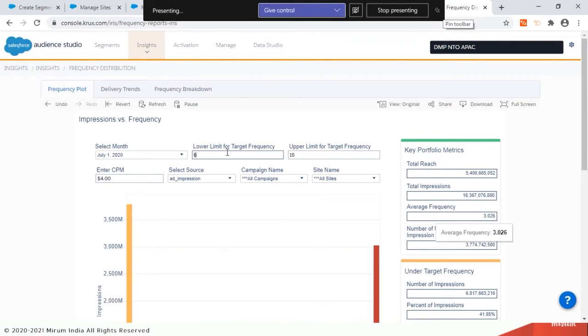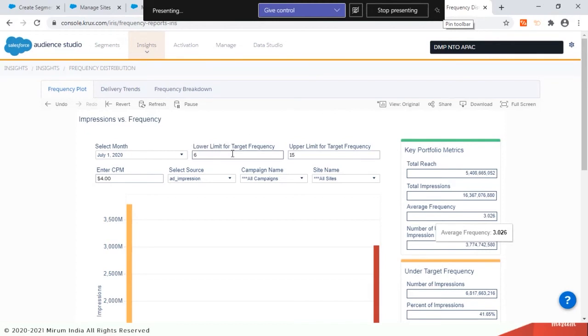While this particular report talks about 6 and 15 being the numbers, right? I'm expecting good questions on this reports part, because this is something which we have seen generating good interest from most of the interactions that we have with brands. So a quick reminder that you can drop your questions in the Q&A box so that we can take those up towards the end, right?